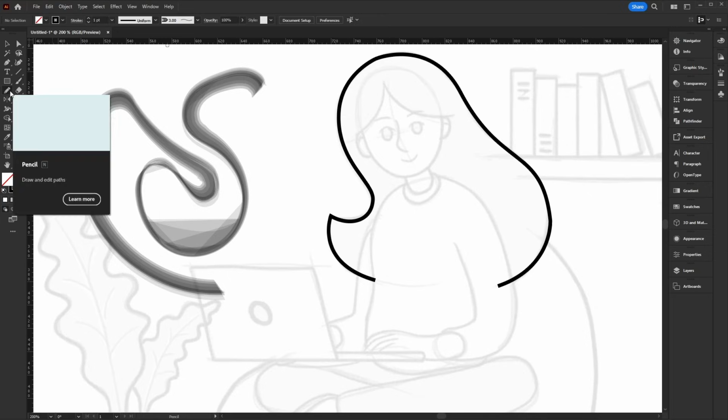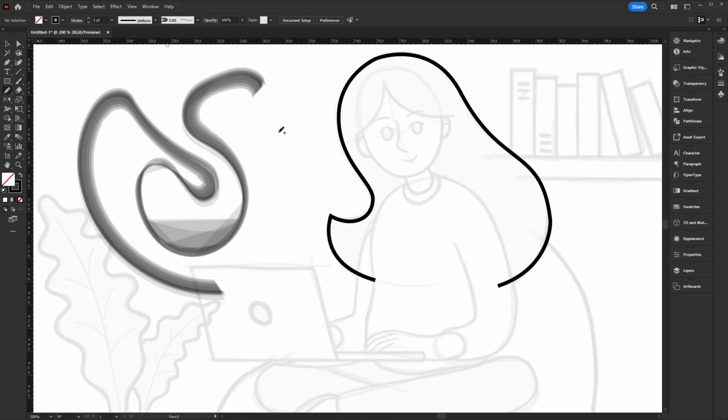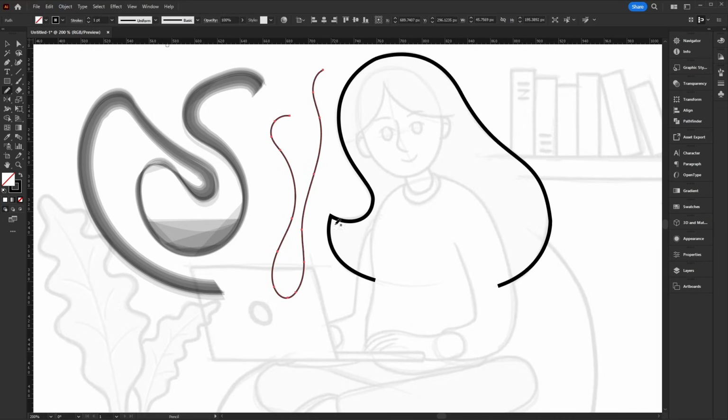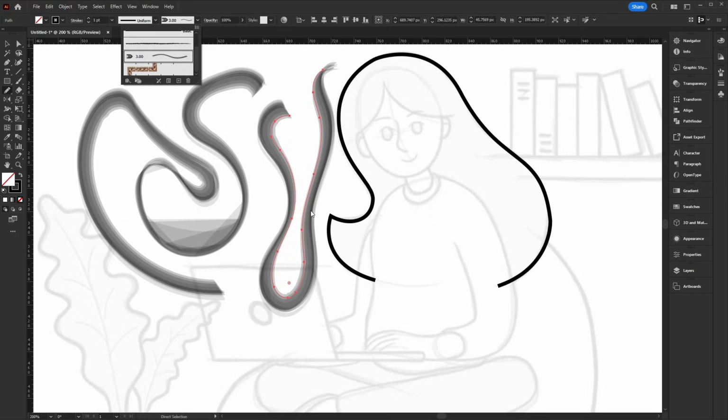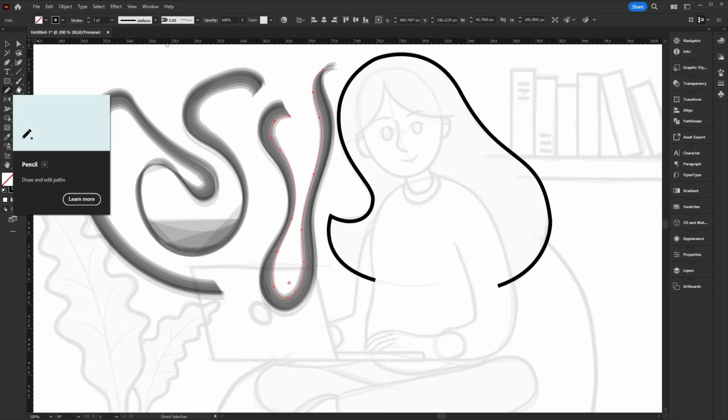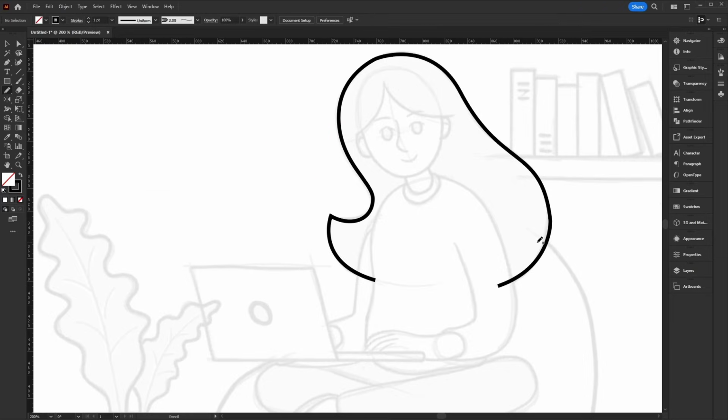Whereas with the pencil tool, even with the special brush selected, as I'm drawing, you can see it's just a line until I let go of the cursor, and then I'll need to go ahead and add that brush to the stroke like so. Now they both work in a very similar way as I explained, whereas you just go ahead and click and drag with the mouse